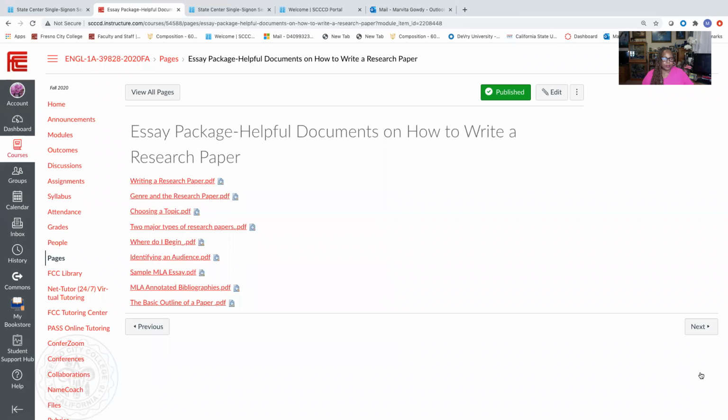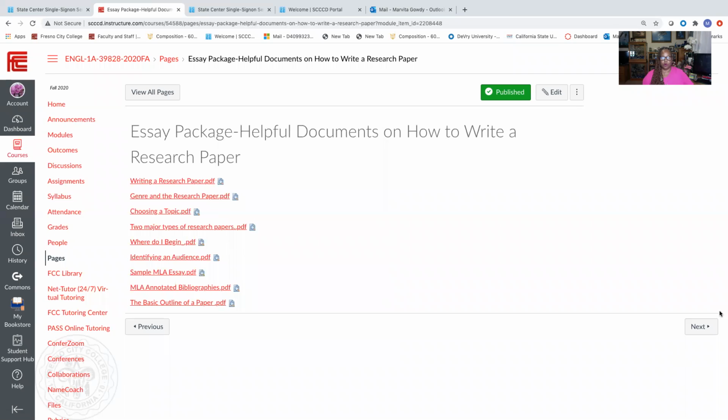There's a sample MLA essay and a sample MLA annotated bibliography, which you will be working on in a couple of weeks, and the basic outline of a paper, which you just finished working on last week. This is just for your information. There are no assignments attached. If you're having difficulties in some areas and you want to review this information, this is what it is here for.